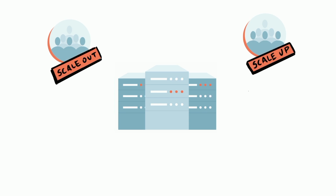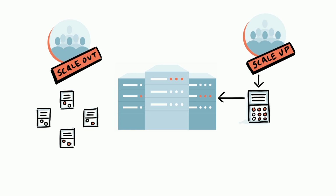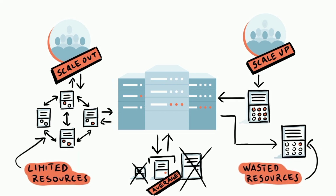All data centers must balance the commercial demands of web-scale-sized clusters against the resource demands of scale-up applications, while maximizing the efficient utilization of all resources. Various constraints have led to data centers using only average-sized computers, a compromise that is suboptimal both for scale-up and scale-out scenarios, by scale-up solutions wasting resources when asked to scale out, and scale-out solutions limiting the resources for scale-up